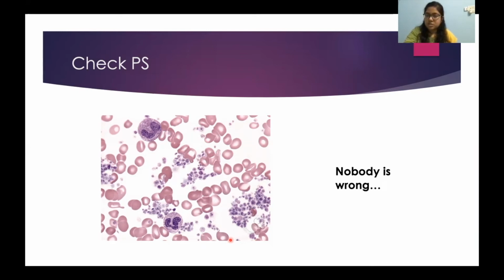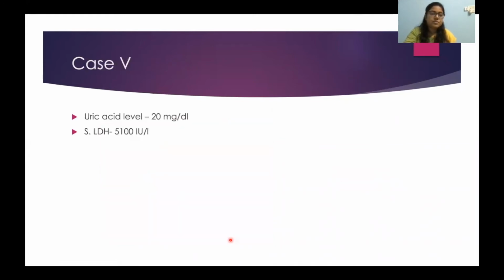Okay, so this is just a thing. Whenever you have got a spurious or a discrepant level in serum potassium, please check the PS and check the counts. Okay,